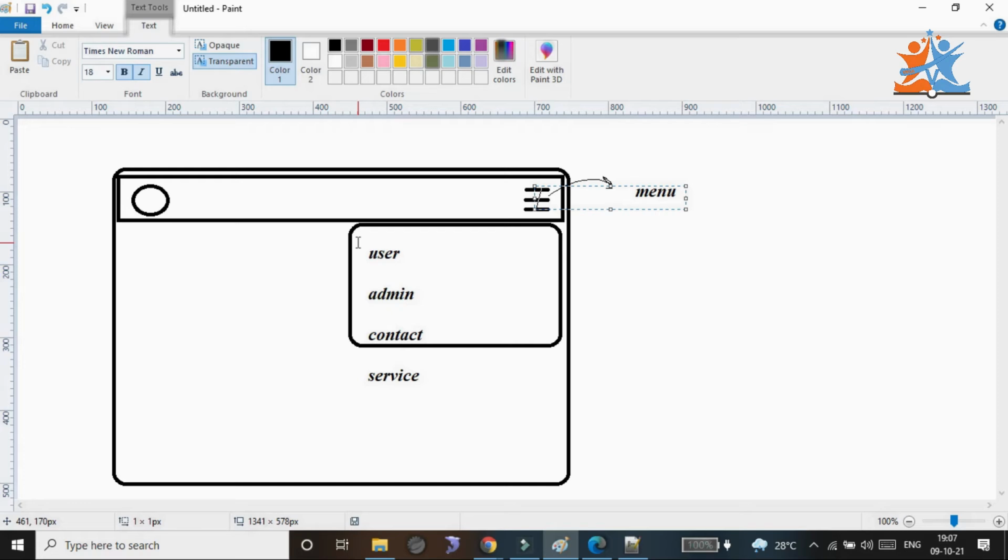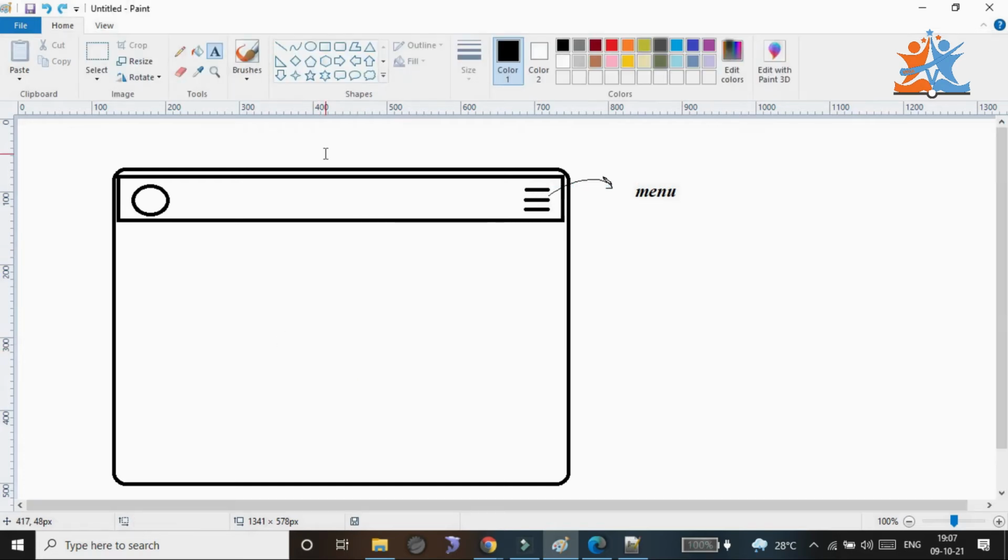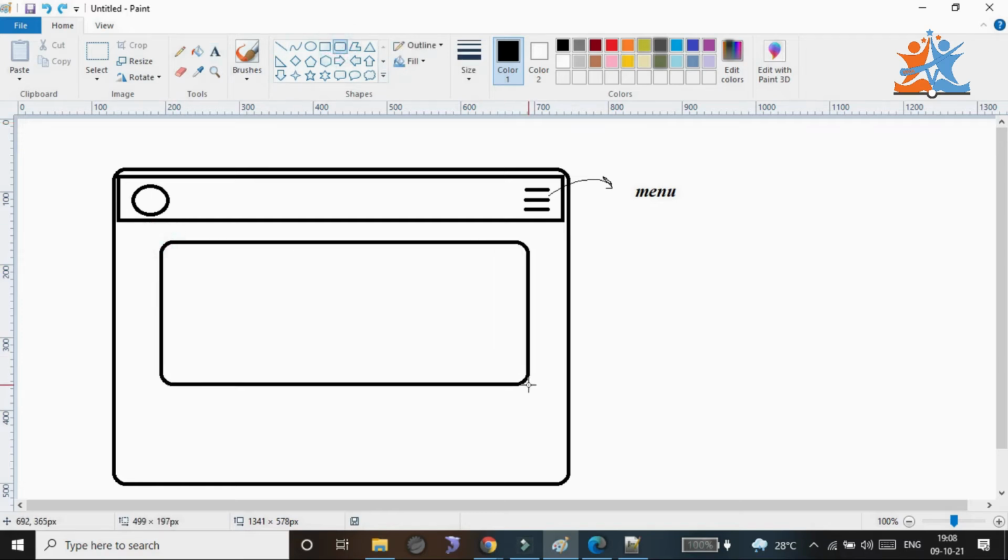So if you go for images, we have some images. I want to go to the previous image, I want to go to the next image.